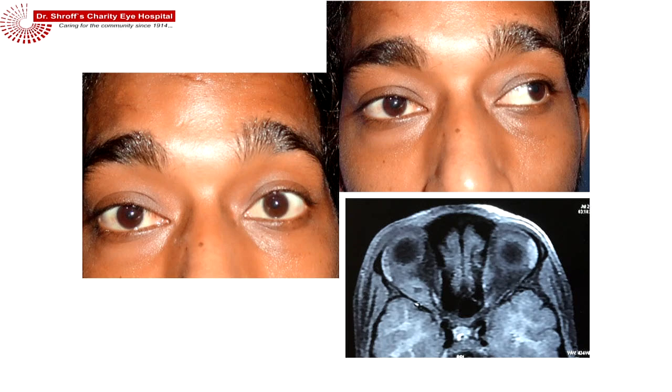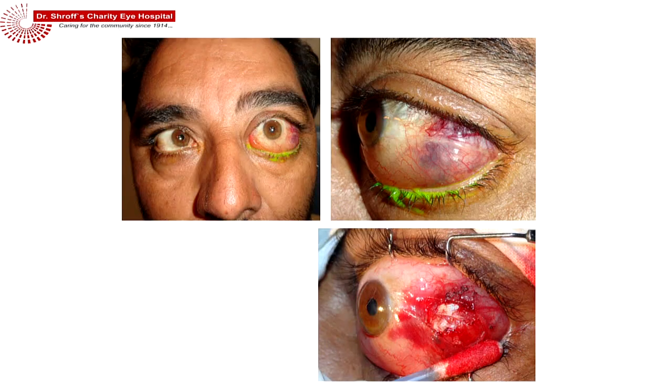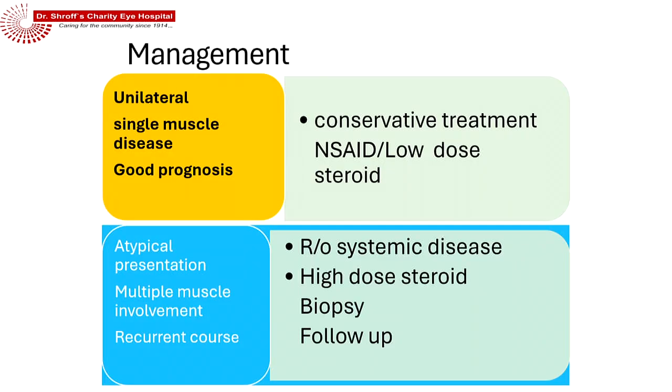In our setup, Dr. Grover was just talking about sarcoidosis. That is probably the most common cause of myositis presenting with inflammation signs, especially in young adults, which needs to be ruled out and picked up on ultrasound or on imaging findings. Rarely some neoplastic infiltration of the extraocular muscles, like in this gentleman it was lymphoma, can also present like a myositis picture with signs of inflammation, but biopsy again confirms the diagnosis.